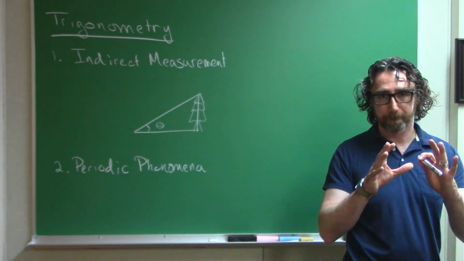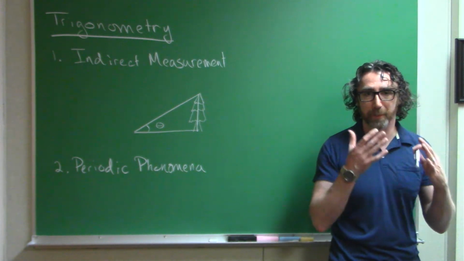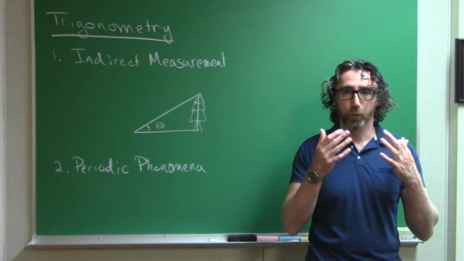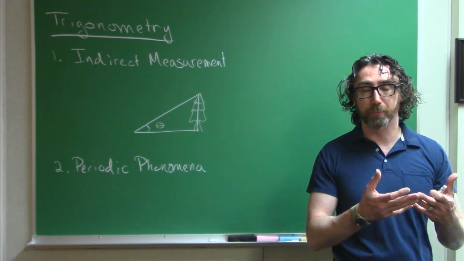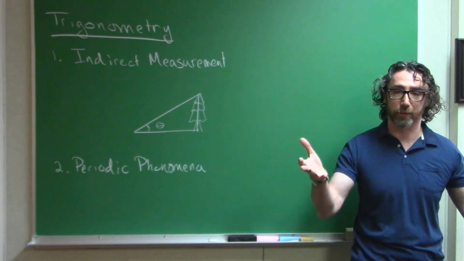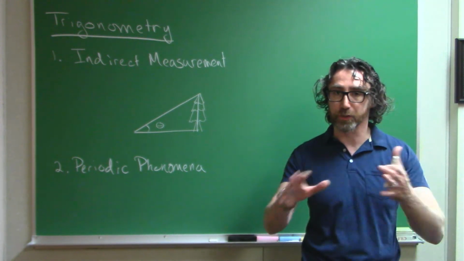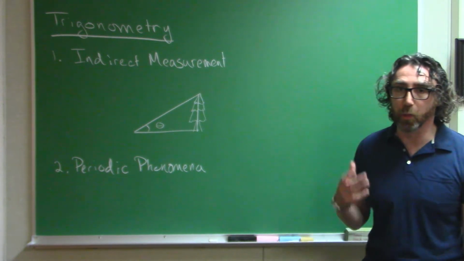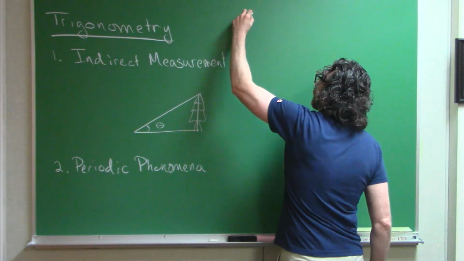One of the overarching themes in mathematics is we use these things called functions to describe the world, basically. Functions allow us to encode relationships between quantities. So let's just imagine something here. Let's say